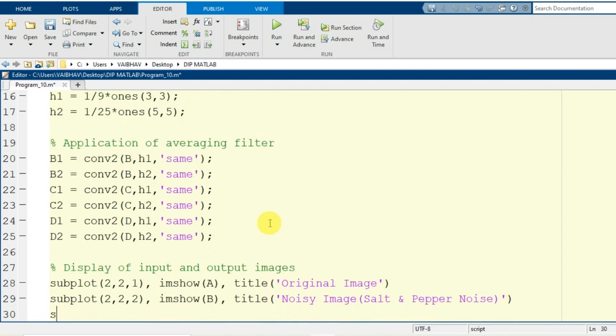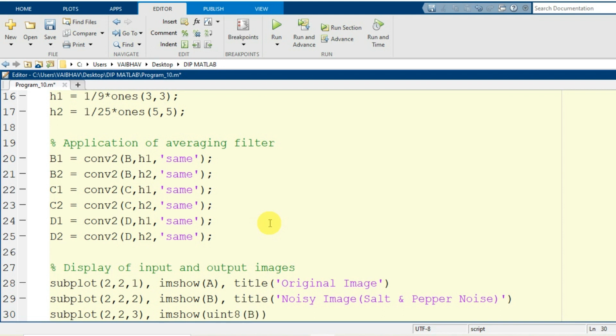By the next line I will go for the subplot 2 2 3. Now the use of imshow, where B1 is the resultant image that will be in the double type. That is why I write here uint8.